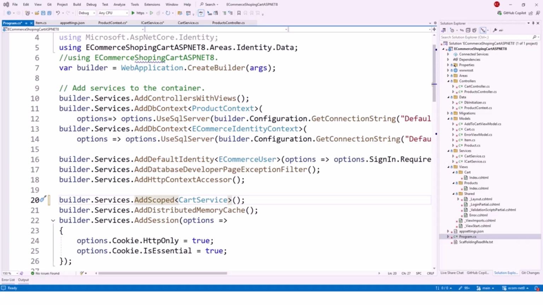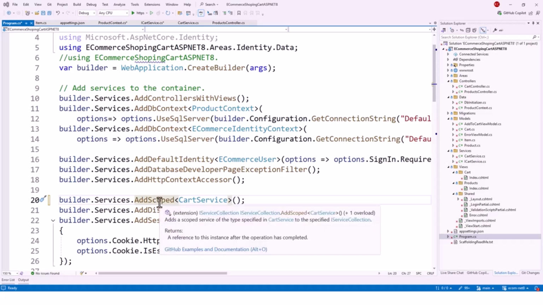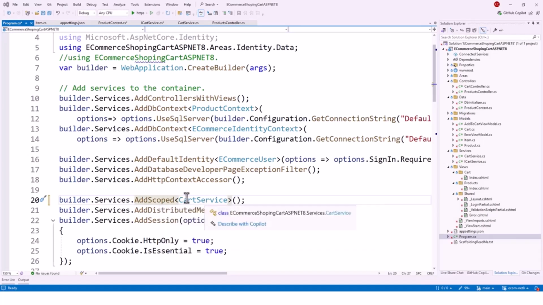update the cart. And why not transient? A transient service creates a new instance every time it is requested, which would not maintain the cart state across multiple requests or operations in the same request. So it could be used for operations like calculating discounts or logging, which don't need to persist state. However, it works here also, as